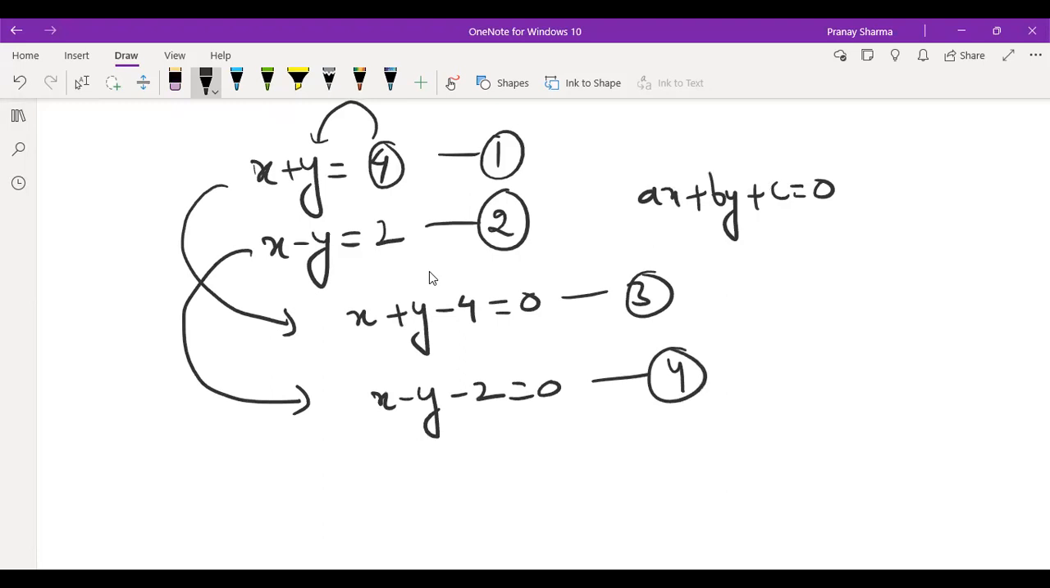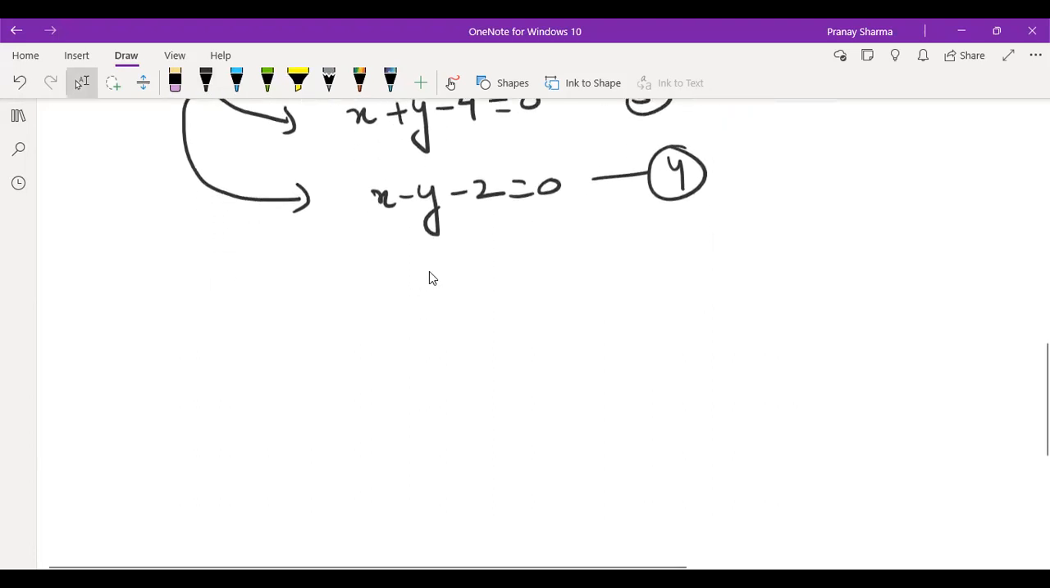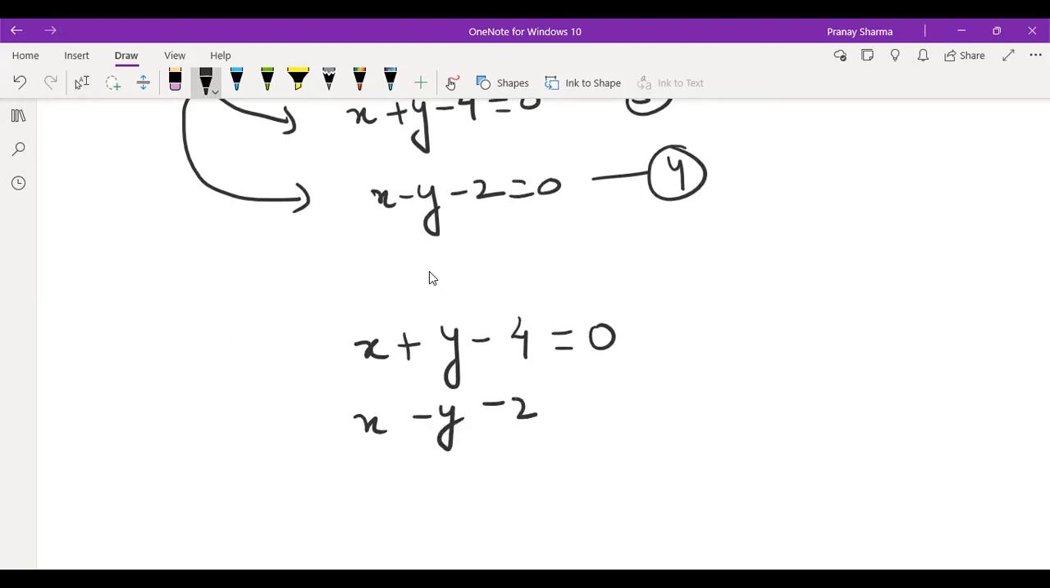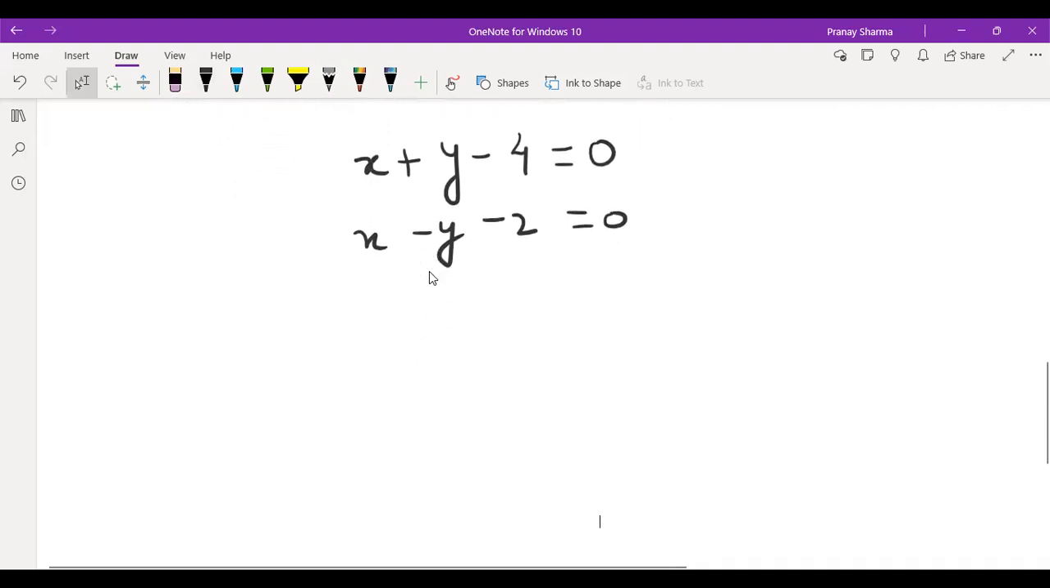Now we got two different equations. So let us rewrite x plus y minus 4 equals 0 with equal spaces, and this is x minus y minus 2 equals 0. Now, why have I done this? I'll tell you. In order to solve something using the cross multiplication method,